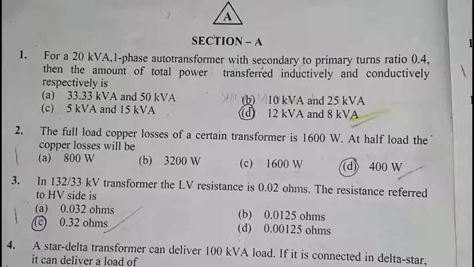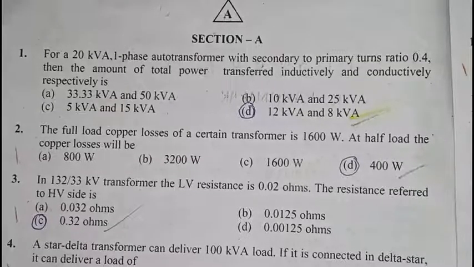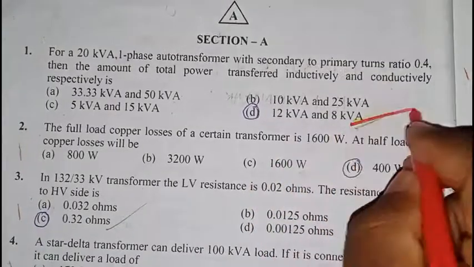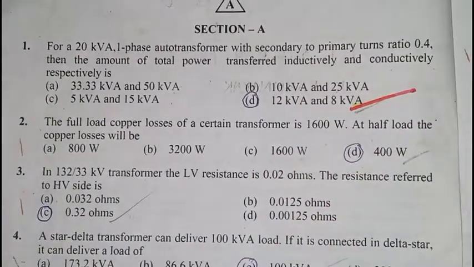For a 20 kVA single phase auto transformer with secondary to primary turns ratio 0.4, the amount of total power transferred inductively and conductively respectively is. The answer is 12 kVA and 8 kVA. Question number